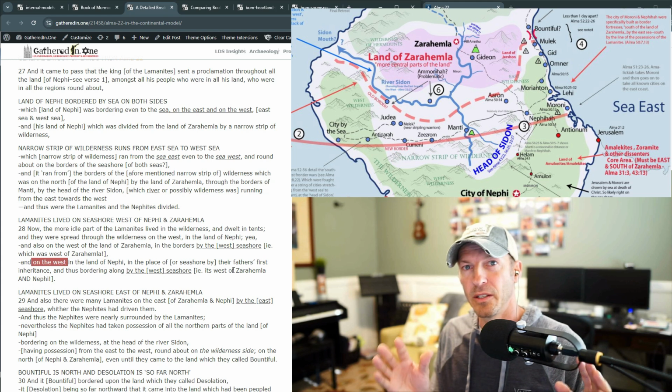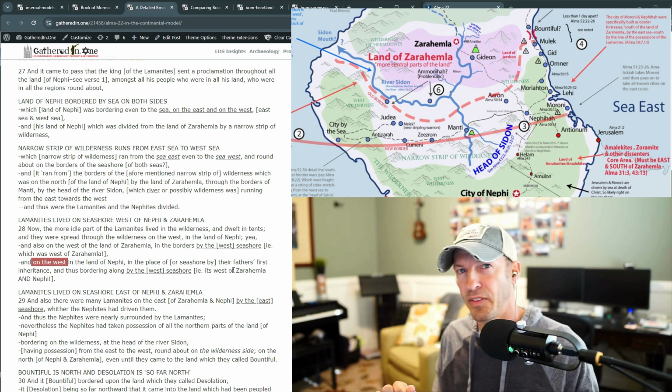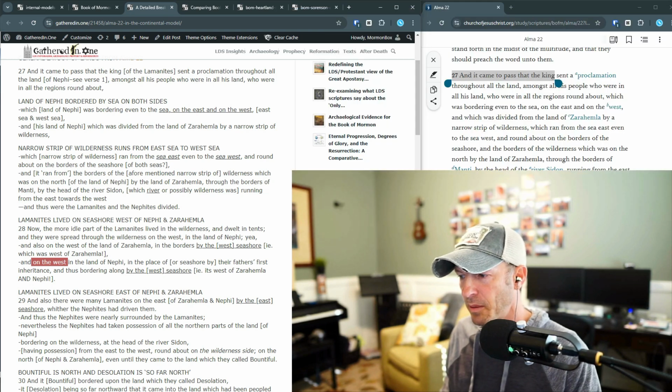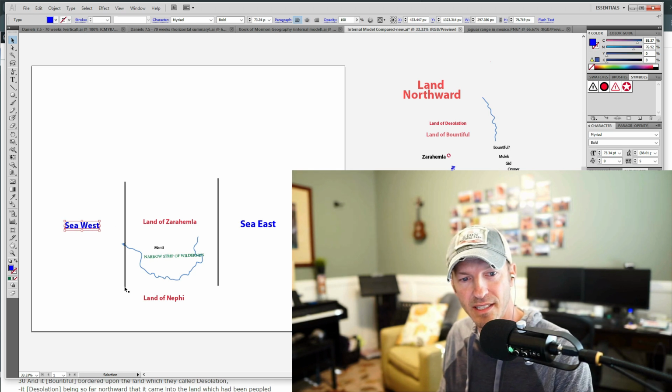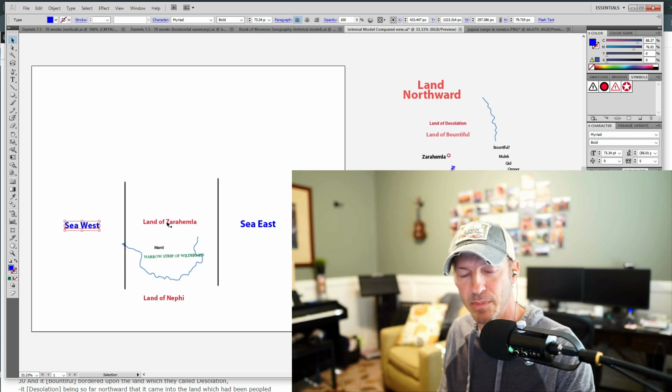I really hope that you see what this is saying and that there really isn't any other way to read it, okay? So let's pull up our model. It was very specific. There is a sea west. There is a west seashore. That west seashore is west of the narrow strip of wilderness. It said that specifically. And now it's saying specifically that it's west of the land of Zarahemla and west of